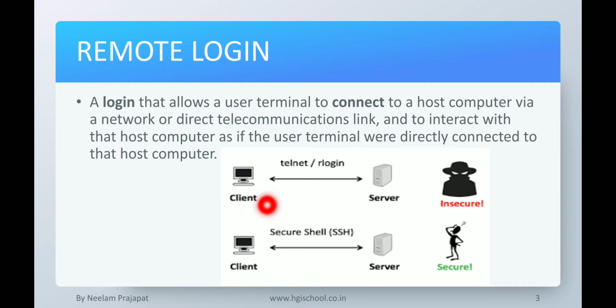With the help of protocols like Telnet, the client computer can be connected to the server computer using remote login. This connection is insecure, and a secure connection is Secure Shell, SSH. If it is adopted, then the client computer will send the request to the server for the remote login, and this connection will be a secure connection.